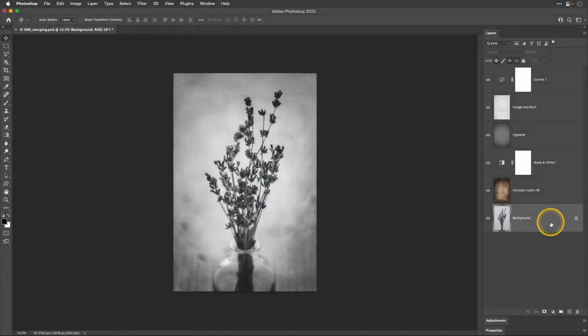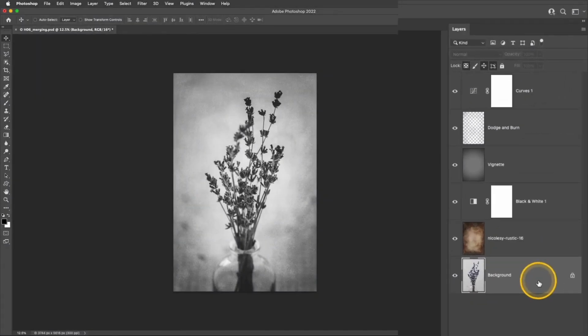So I have this photo here. I have a texture, a black and white, some dodging and burning, and a curves adjustment added to it. Here's just a quick before and after of what this image looks like. Let's go ahead and start merging some of these layers together so you can get a feel for